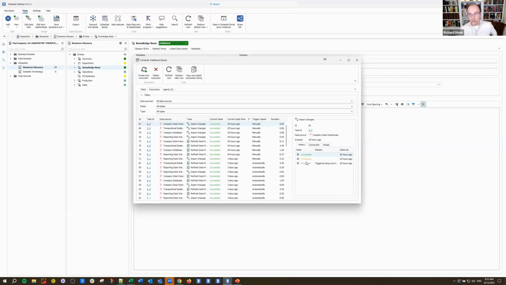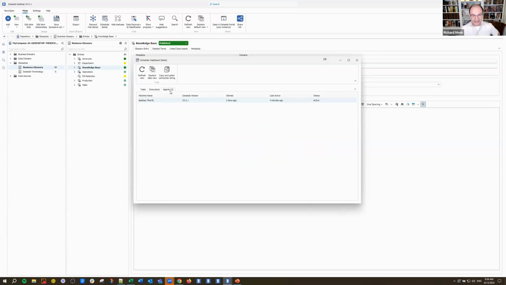The key to making all of this work is what's called an agent. The best way to think of an agent is it's a copy of the desktop client engine without an interface. Basically, you're installing the desktop engine on a server. In this case, I have it right there on this desktop machine, and it installs the engine, but not all of the interface. The only use of it is this scheduler and importing metadata. We have the version of that when we installed it, when it was active, and so on.